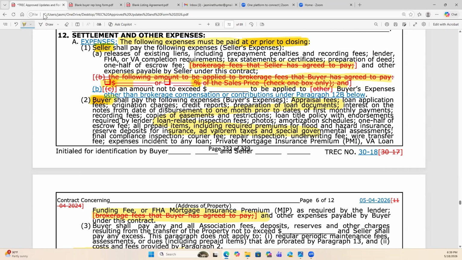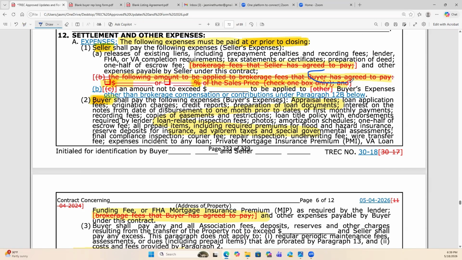Again, confusing because didn't we discuss what the buyer agreed to pay up here? And now we're talking about it again down here. Do you guys see the repetitiveness and the confusion? Okay. This is why we needed to make the change. If you give this stuff to an attorney, which we have one here on this phone call, she's probably nodding her head right now. An attorney can rip this apart as far as who has to pay what, because it's all over the place right now. Who pays this? Why do we pay that? At what time? Who owes it? Because it's saying that the buyer and the seller pay, right? And that is the case, but it's just the way it's written, okay?